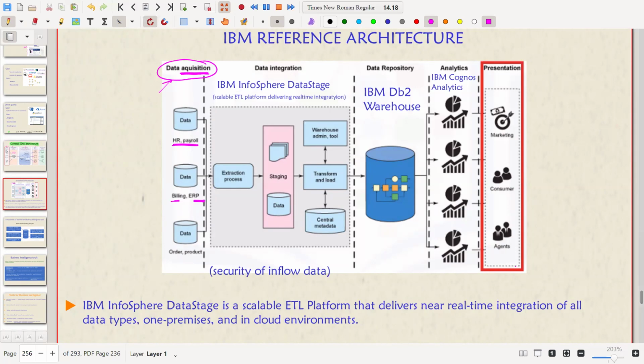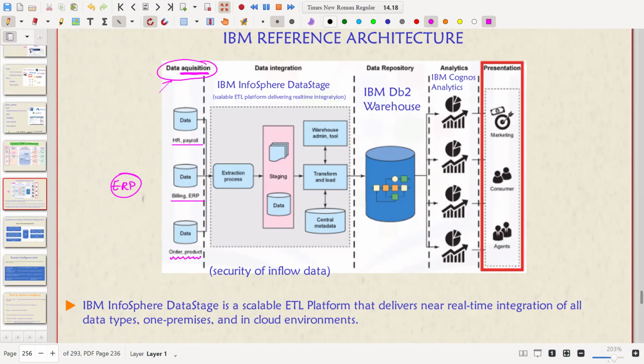ERP is used by many institutes to manage the attendance or the mark sheets of students instead of working on it manually in Excel files. ERP is an automated software system. However, I forgot the full form of ERP. Try to find out the full form of ERP. I literally forgot. So how many orders have come, what products are being ordered to the university, like that.